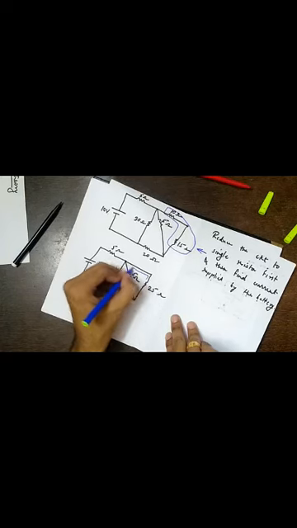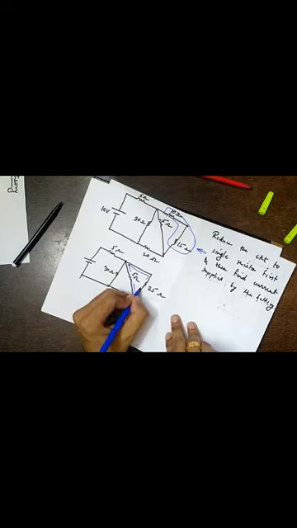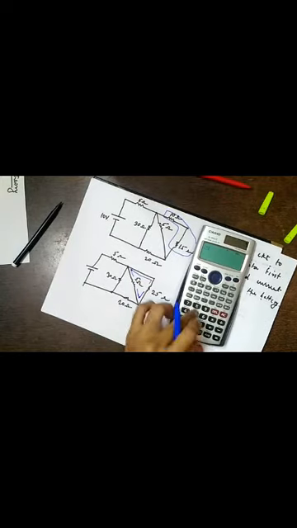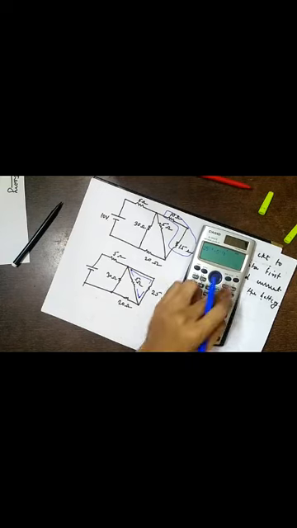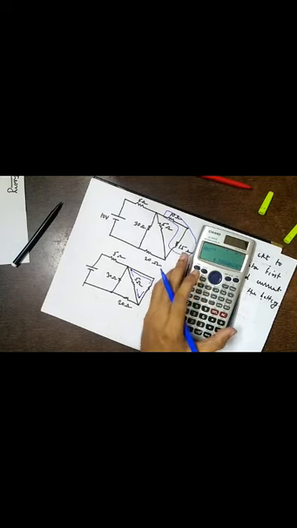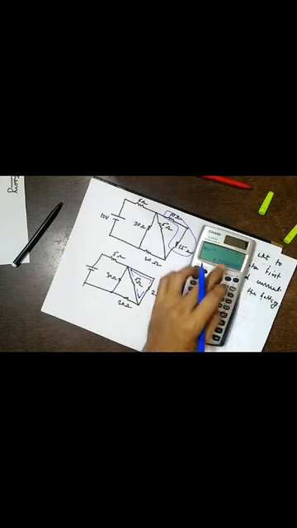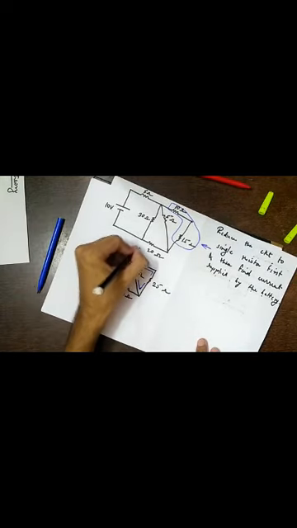Next, what we can say? This terminal is going here and this terminal is going here. So they are connected to one common point. These two terminals are meeting here. So they are in parallel. So 25 parallel with 5. So again (25 inverse plus 5 inverse) inverse. So it is 4.1667. So I can take it as 4.167. Always consider at least 3 decimal places. So I will draw this.